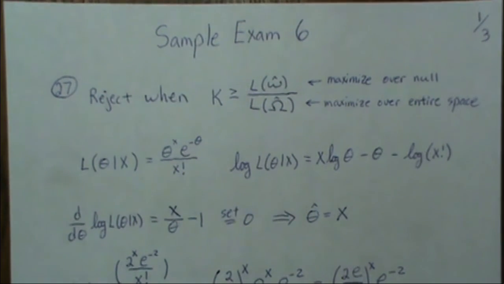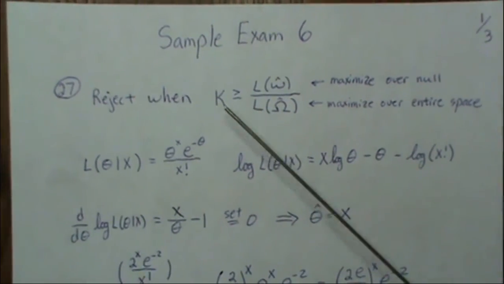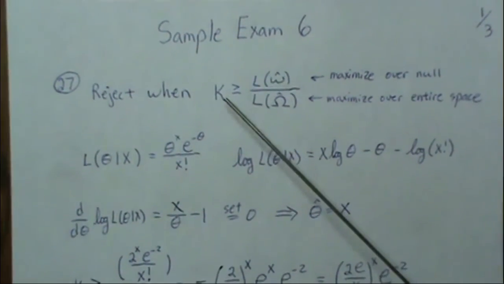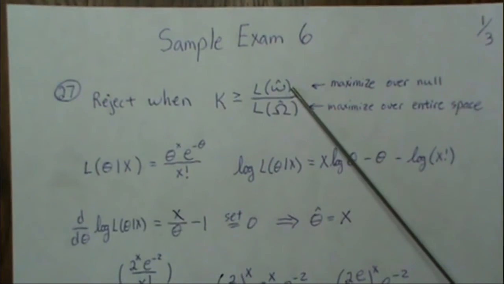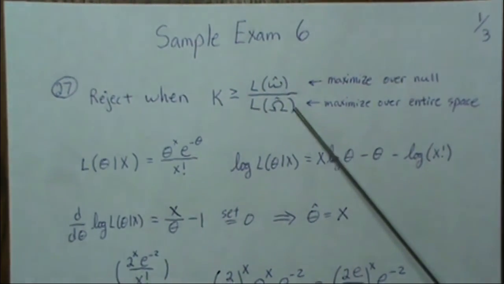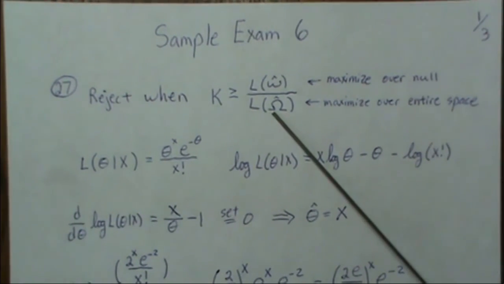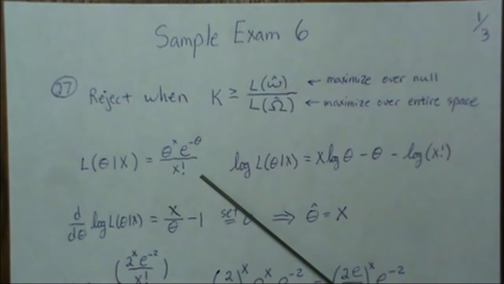Problem number 27, we want to find the rejection region, and it specifically says to use the likelihood ratio test. And there we're going to reject if this ratio is less than k. And the top is the likelihood that is maximized over the null hypothesis, and the bottom is maximized over the entire space. So here is the likelihood,